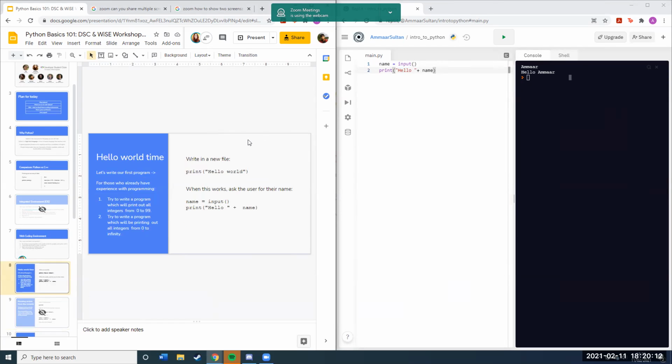Actually, if I can just pop in for a second, it's not as difficult as it seems. So when it comes to name = input, the first thing you need to ask yourself when programming is, what do you want to do? Usually it's a combination between getting things and outputting things. So this is why we're starting from it.